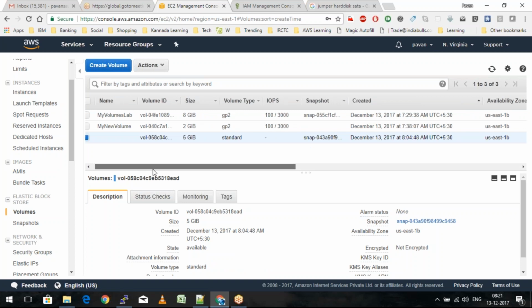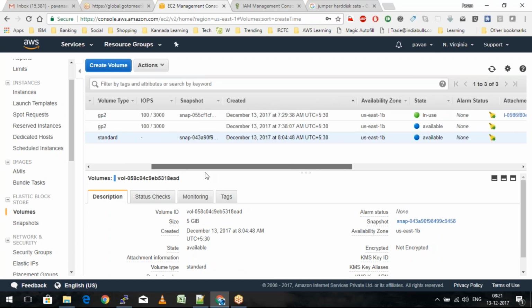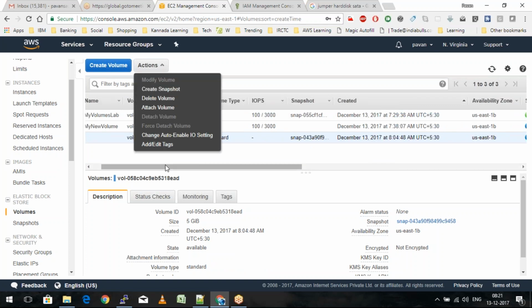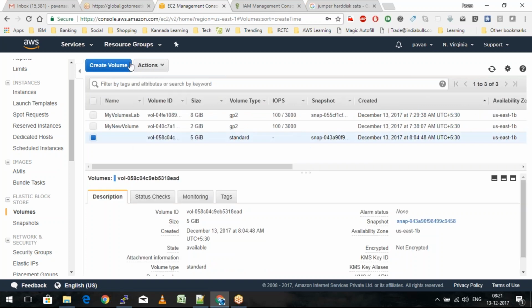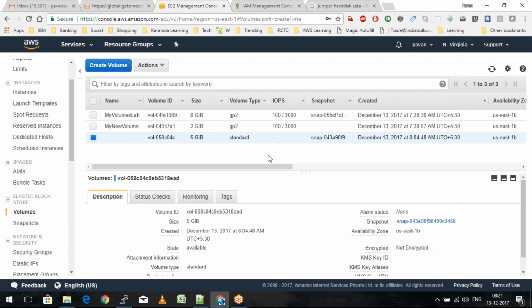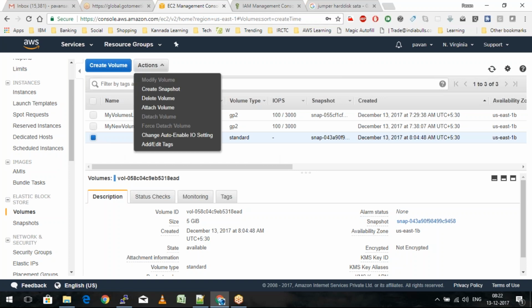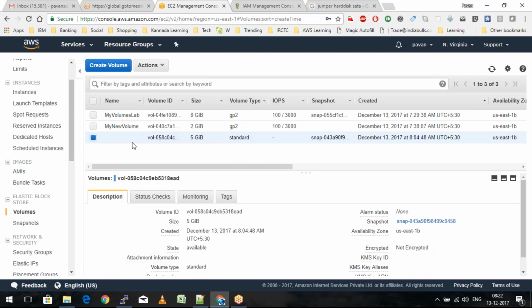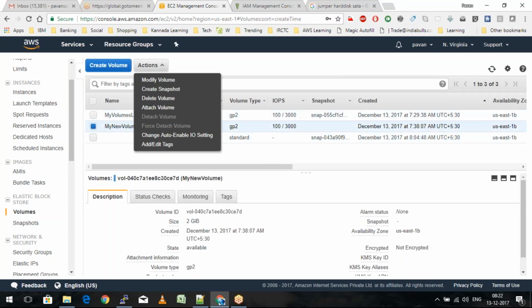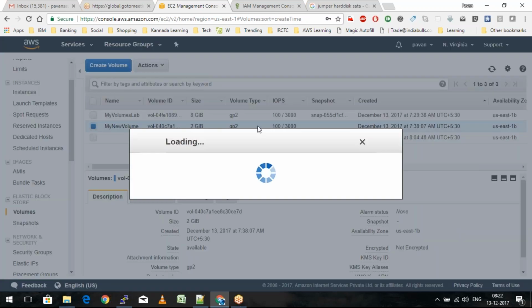Right now, if I go ahead and click on this volume, and then say actions, okay, since it is a magnetic volume, I'm not going to get this option. It is only available for the SSD drives. So let's say I want to modify the volume. This is of 2 GB. I can go ahead and say modify volume, and then